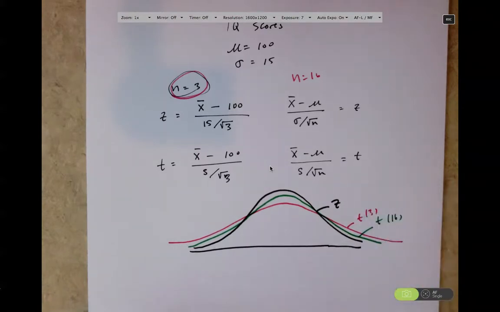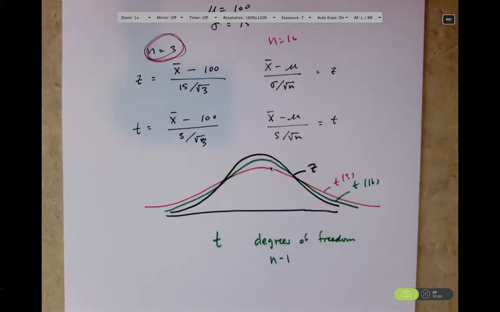All right, so one thing you should notice is that this t distribution is actually a family of curves. The family of curves is going to all be kind of mound-shaped, centered at 0, but has less and less variability as the sample size increases. What we're going to do is describe this t distribution as a t distribution with a certain degree of freedom. And the degree of freedom is just the sample size minus 1.